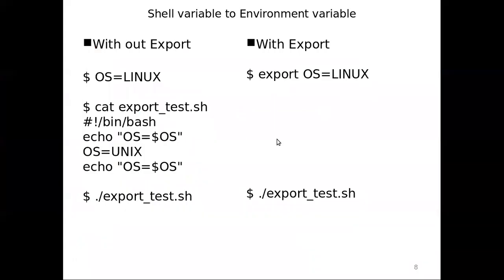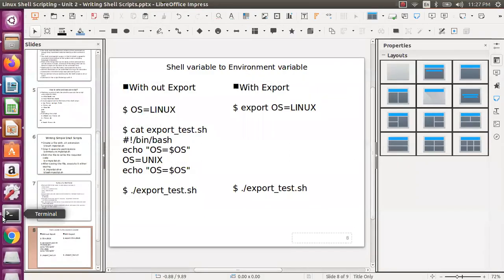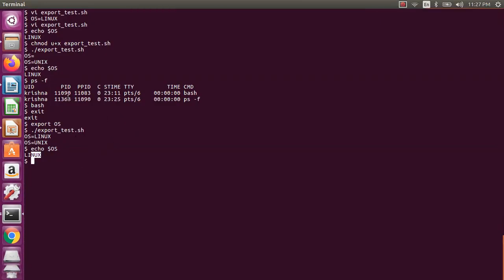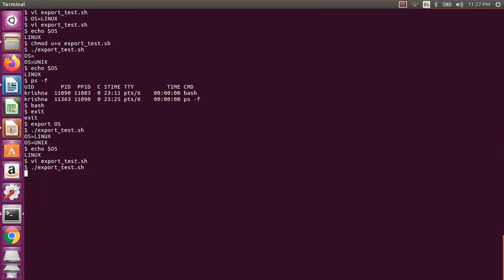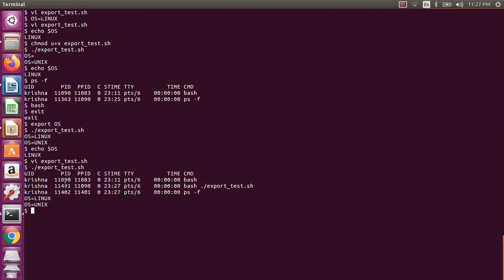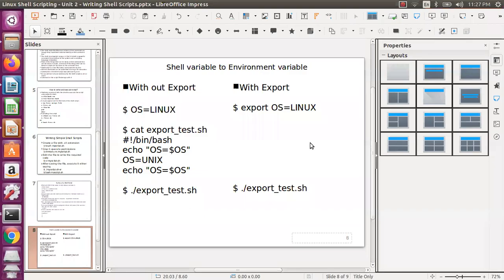Okay, so this we have seen. Whatever you export, since this is a parent shell creating a subshell, will be visible inside the subshell. But whatever you do there will not be visible outside, because this is the parent process and this is the child process. One more thing, you can also test with ps and you will know that. Since it runs in a subshell, I can also show you. I just say ps -f, which we already know. If you see this one, it runs under 11401, which is part of this. Once it completes, it will not come to the parent process. You can explore more on that.